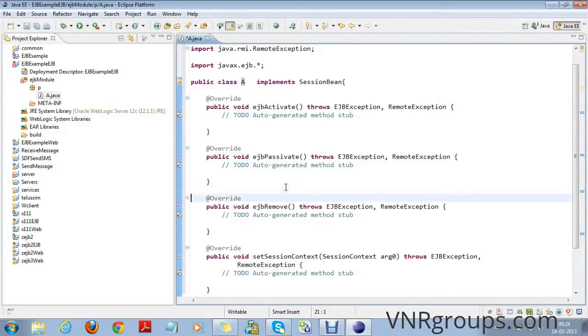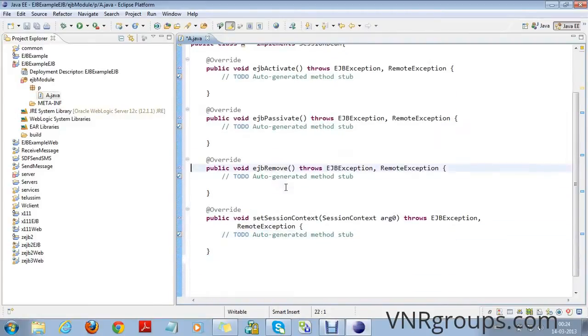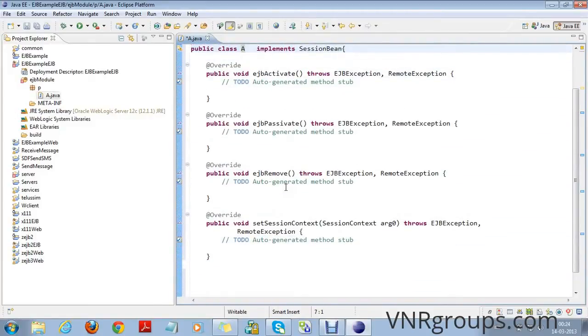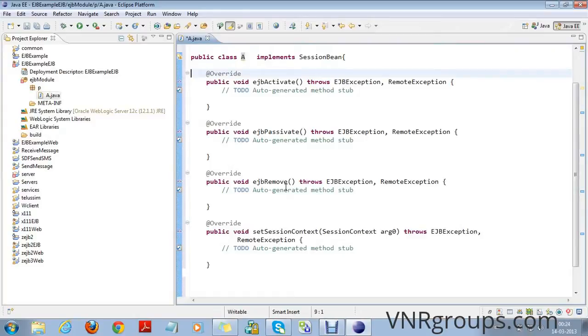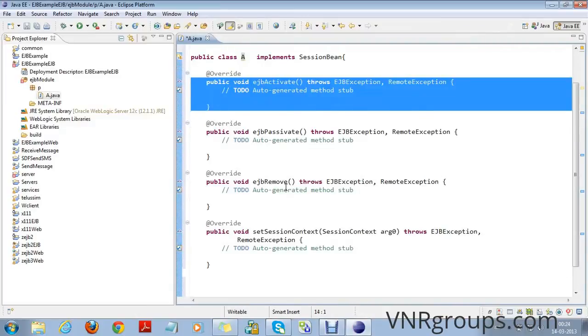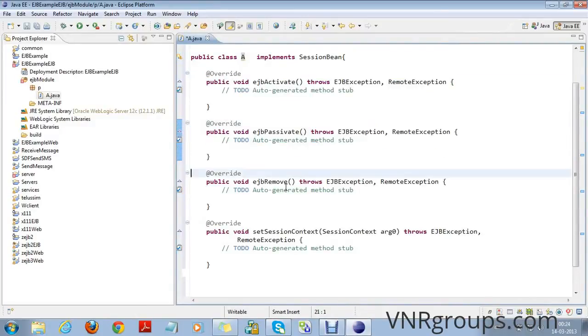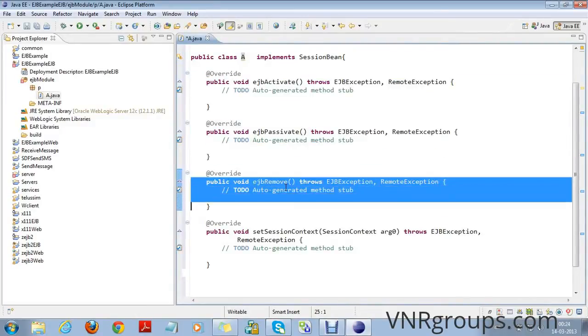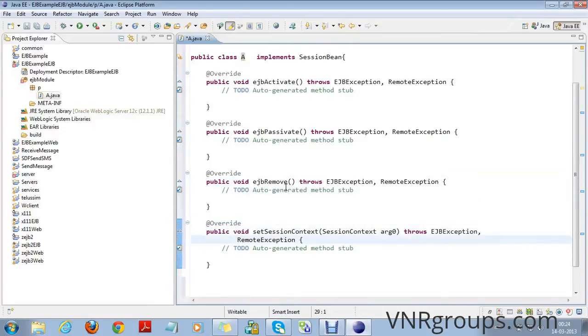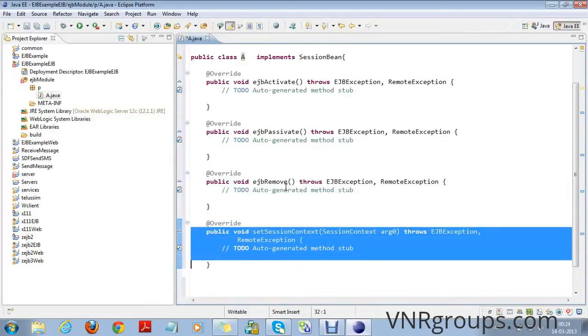So there are four methods present in the session bean interface. ejbActivate, ejbPassivate, ejbRemove, and setSessionContext.